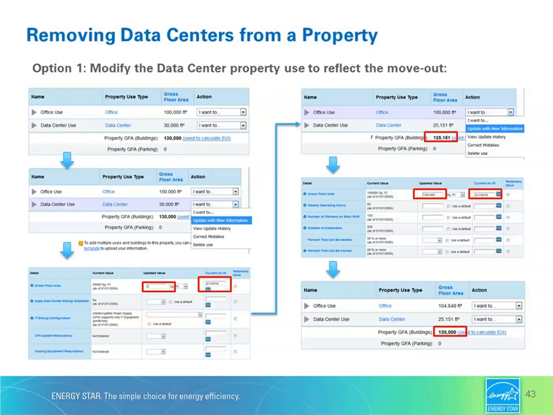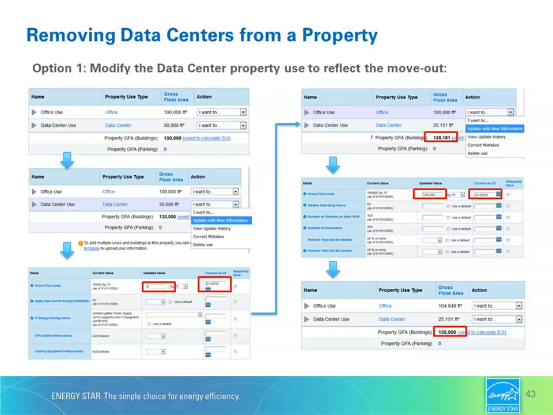Remember that Energy Star scores are based on 12 months of data, and this particular property's metrics go through March 2019, so it's based on a 12-month period of April 2018 through March 2019. So as time goes on, that value will go down month to month. And 12 months after that move-out date of February 1st, 2019, the 12-month time-weighted value will finally go down to 0. So now we can see that the time-weighted total gross floor area is off too,